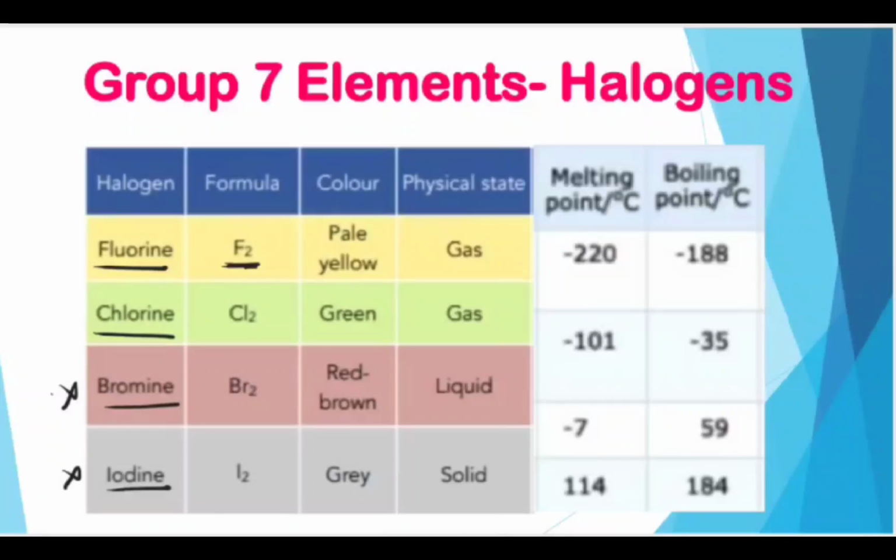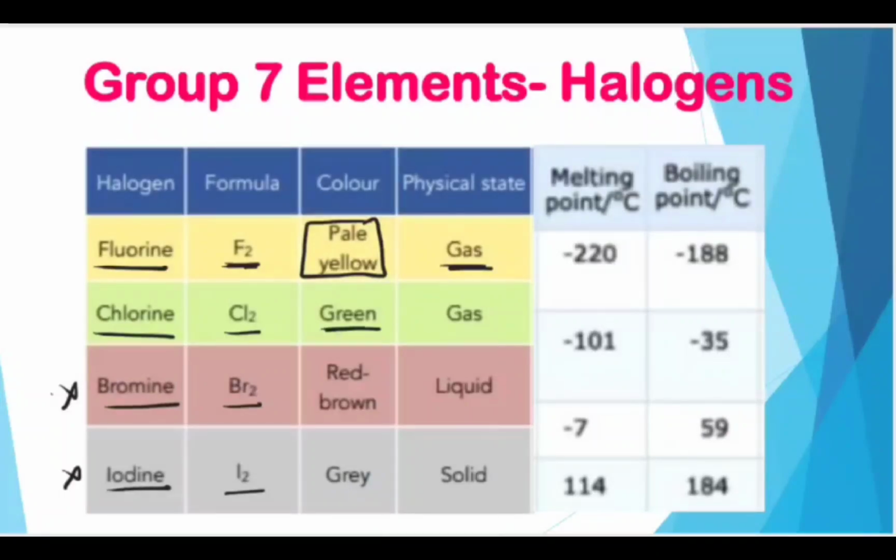Otherwise, it is again quite highly reactive. So the formula for fluorine is F2, for chlorine is Cl2, bromine is Br2, and iodine is I2. Okay, what color is fluorine? Fluorine basically is a gas, and it is a pale yellow gas. Remember, I had mentioned that the group 7 elements get their name as halogens because they are quite colorful. Okay, so fluorine is pale yellow,